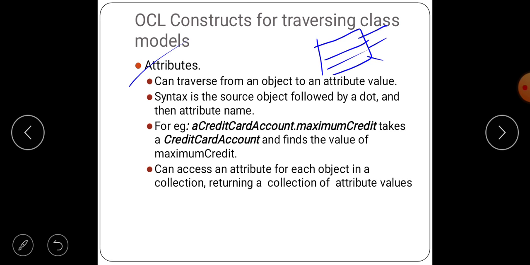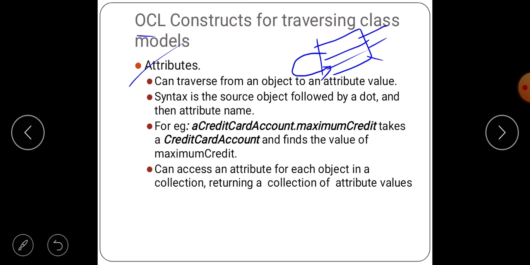Using navigation, we can travel from an object to an attribute value. Here is the object name, and we can travel to the attribute also using OCL.